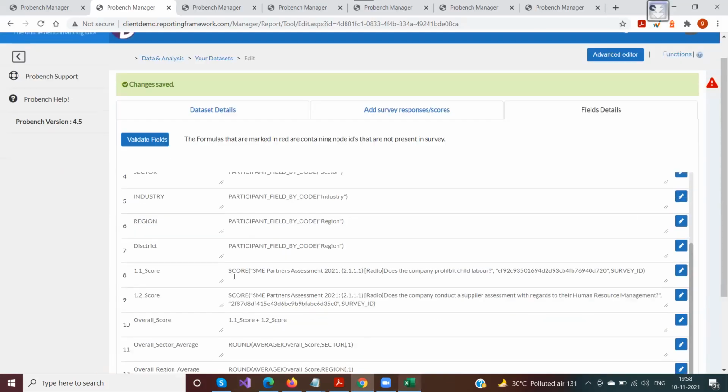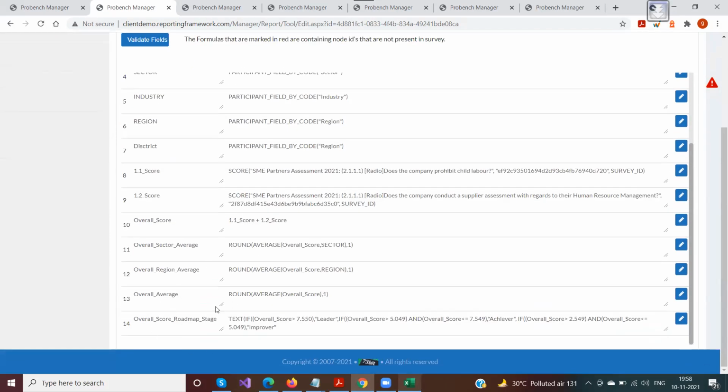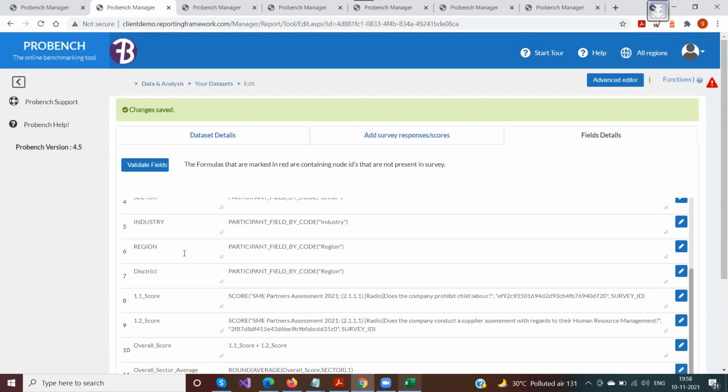If I keep on adding fields, there is no restriction to the number of fields that can be added. We have also worked on data sets with about 3,000, 4,000 fields. So it's perfectly fine to add any number of fields there. It's just that as the number of fields grows, there is a possibility that the data set would take some more time to generate, because all the data is being pulled, and if there is more data to be pulled, it would obviously take more time. If you add 2,000, 3,000 fields, then it would take some more time to generate. That's the only thing.